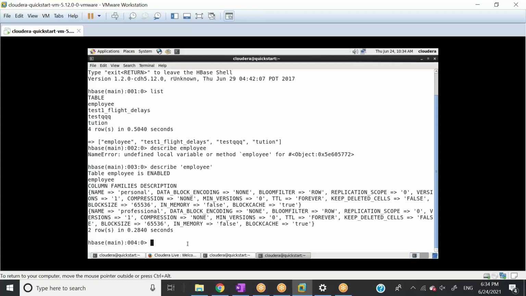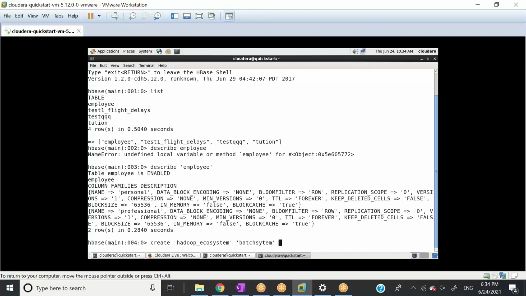Okay, so now the question arises, how do we create a table, right? Let's create one table. Create. First, let's give the table name. The table name is going to be, let's say, Hadoop underscore ecosystem. Now we need to give the first column family. The first column family we can have is batch systems.